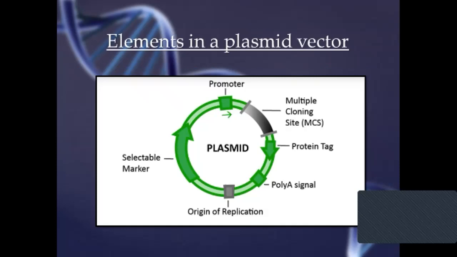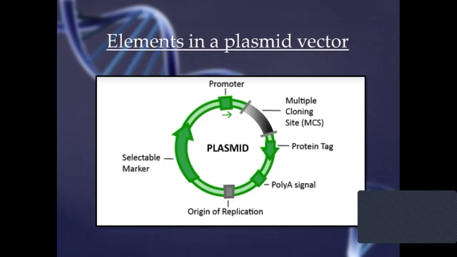Now, let's look at the elements of the plasmid vector. It consists of an ORI, that is the origin of replication, a required sequence or element on the plasmid for its replication. Then, it needs a selectable marker, a required element for cloning to select a host which carries the DNA construct. Only a host cell growing in the growth medium containing a particular selective agent has the DNA construct with the selectable marker inside the cell.